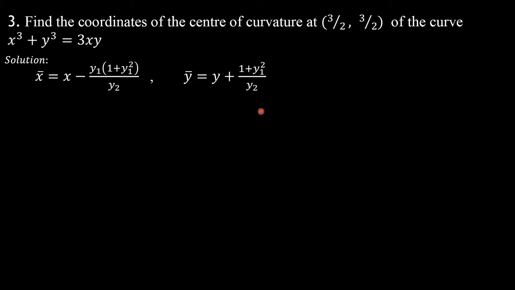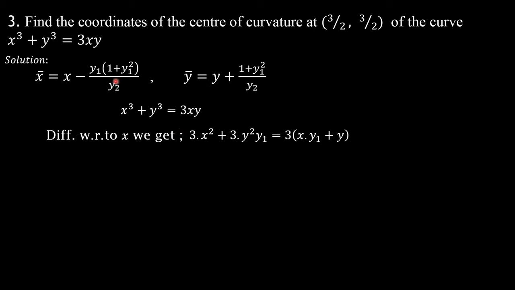Let us first find the values of y1 and y2 at the given point. So just consider the given curve, students, that is x³ + y³ = 3xy. Let me differentiate the curve with respect to x. The differentiation of x³ is 3x², plus the derivative of y³, which is 3y² into dy/dx, that is y1,